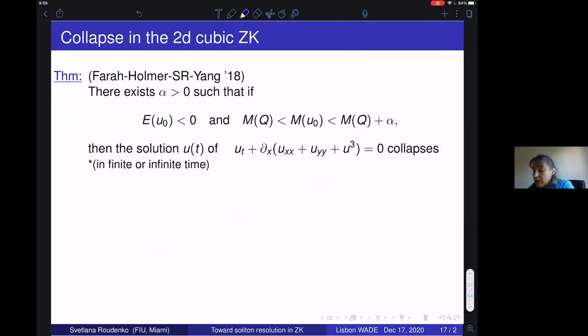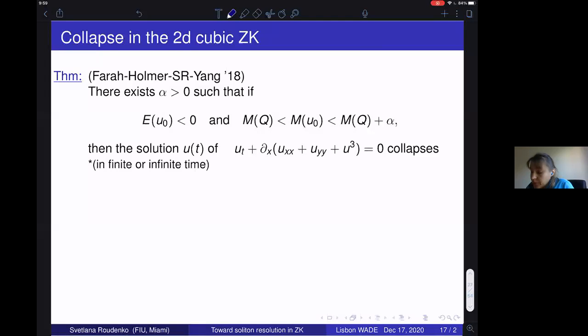So what do we have in this modified ZK equation? This is the L2 critical case. Well, we were able to show that we do have a blow up or collapse, following the ideas of how it was done in Martel and Merle. So we showed the infinite time, but again, posing the decay condition on the initial condition, it should be possible to show a finite time. That would be a nice problem to look at.